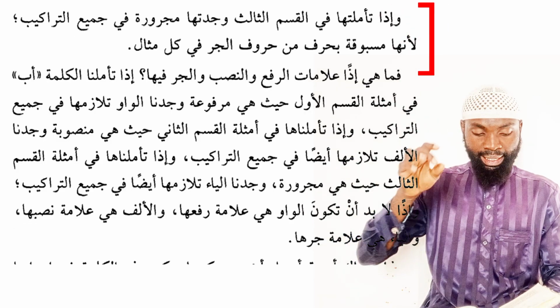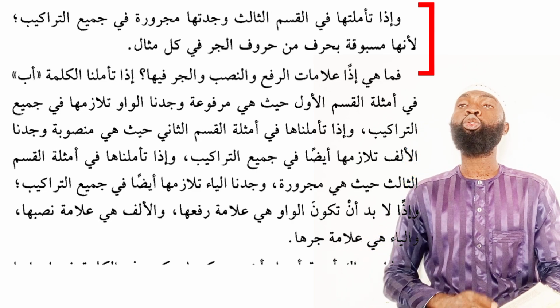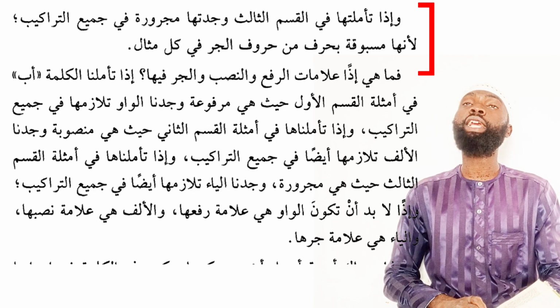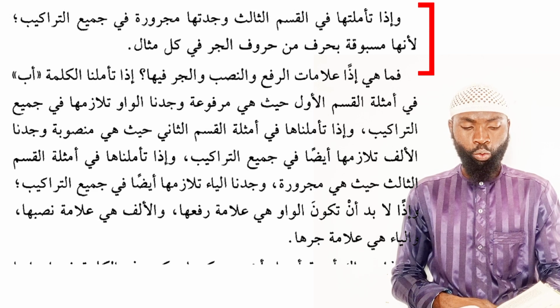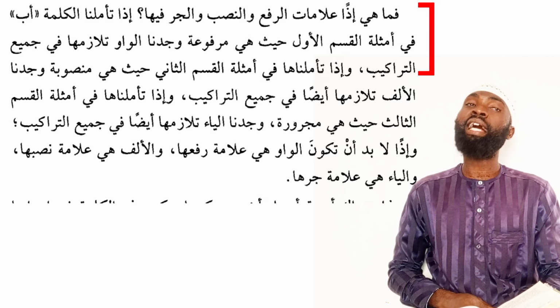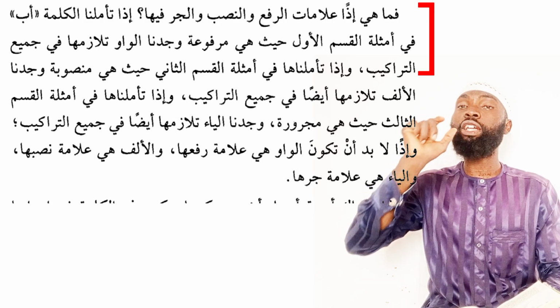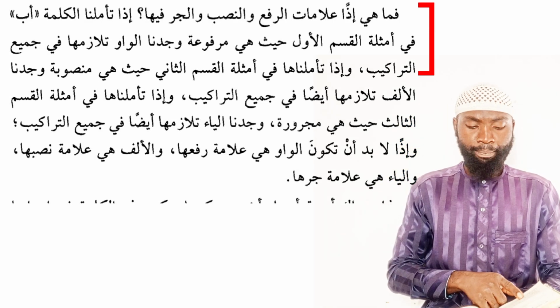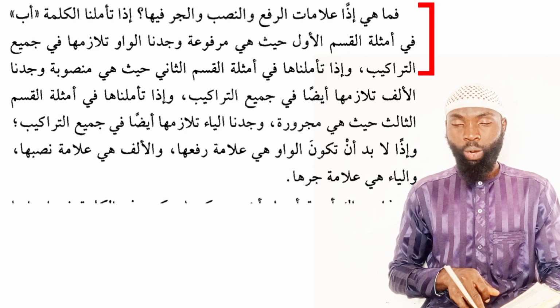If you are to study the word abun in the third section also, you find that it is genitive in all of the sentences, because in all of the examples the word abun is coming after a harf jar. Then now what can we conclude is the sign of rafa', sign of nasb, and sign of jar? If we are to study the word ab in the examples of the first section where it is coming in nominative case,